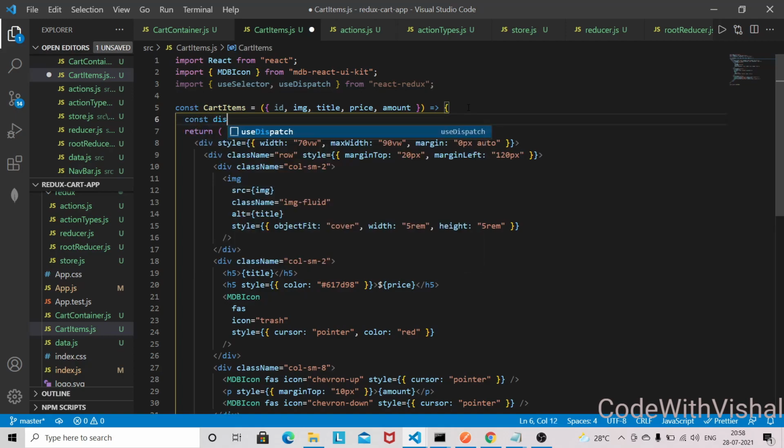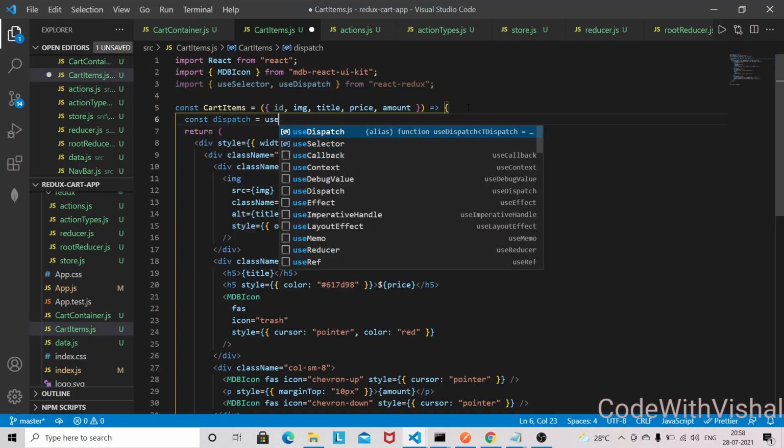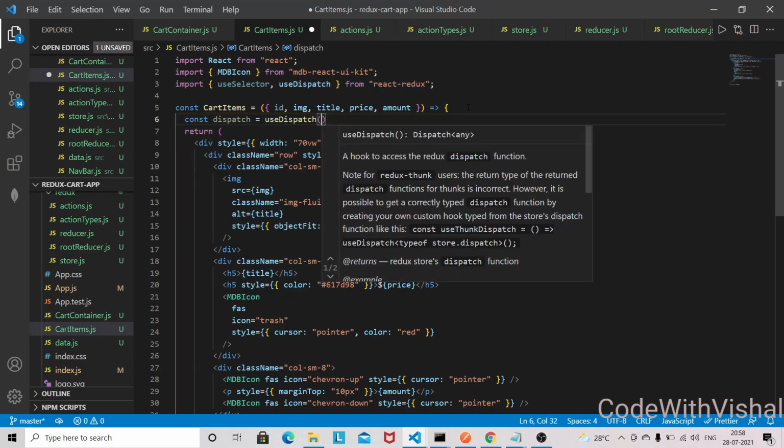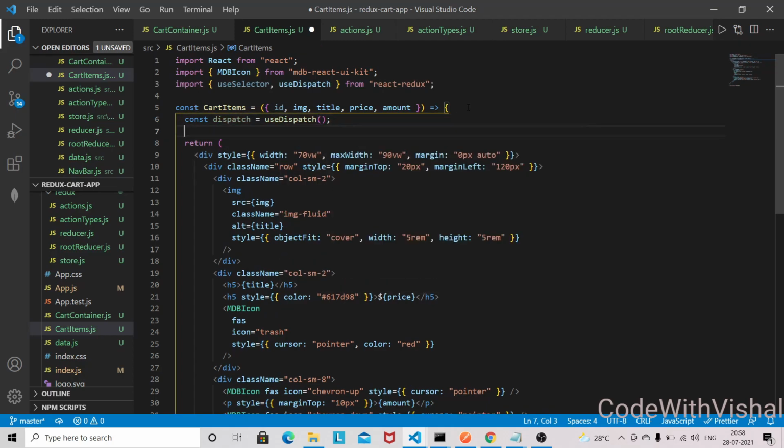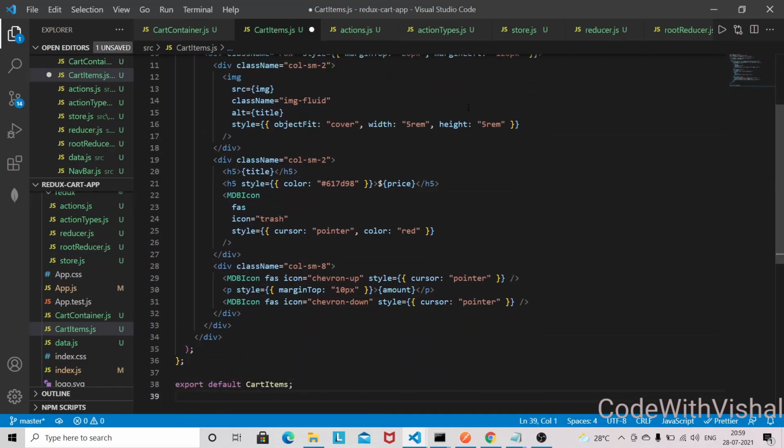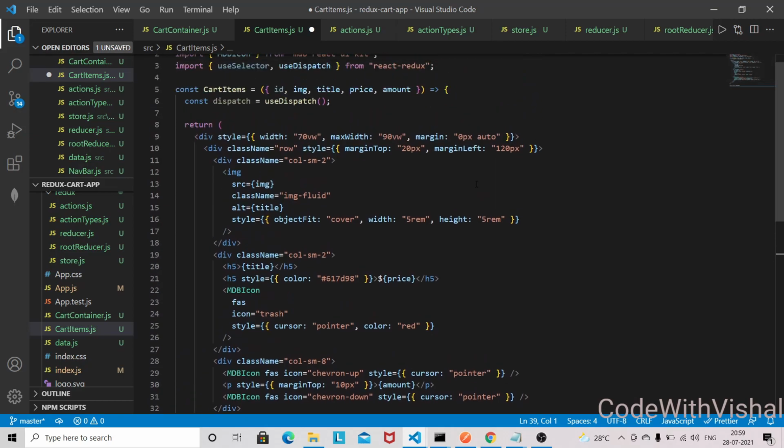We also need to store the reference of use dispatch in a dispatch variable, and on clicking we have to increase that quantity. So here I'm going to use the on click method, on click.